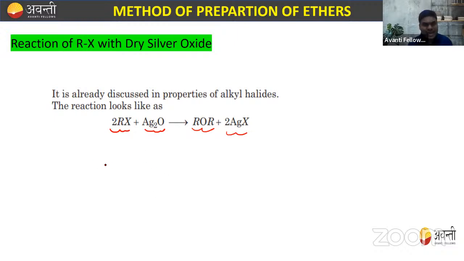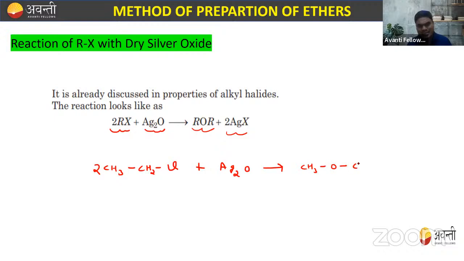For example, if we have 2 moles of CH3CH2Cl and we react it with moist Ag2O, what will we get? We get CH3